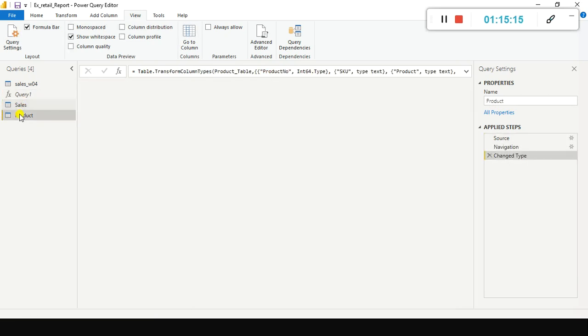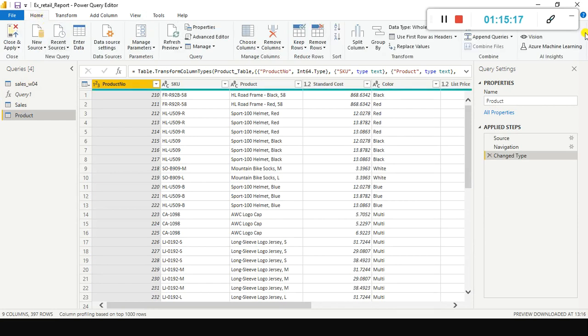So now you understood merge queries, how to merge two tables. So we merged two tables, sales and product, based on the common column product number, right? So we used full left outer, right? Left outer join we have used it. You can use inner join also, but left outer join you can use because sales table has a lot of data in it. There could be chances some products might not be available in the product table also, right, due to some typo or something like that. Better you do that, or you can use inner join also to merge these two tables.